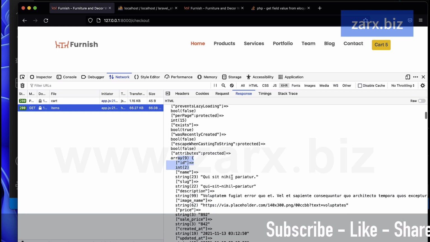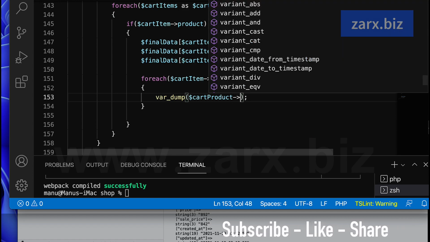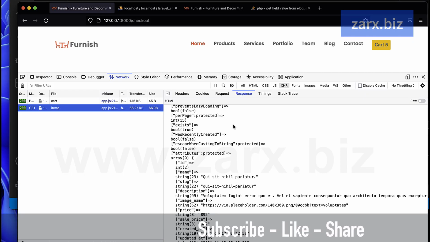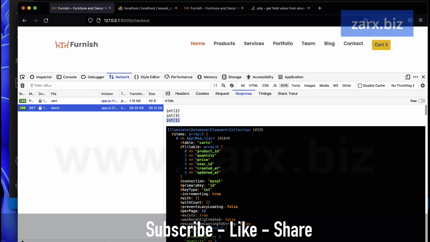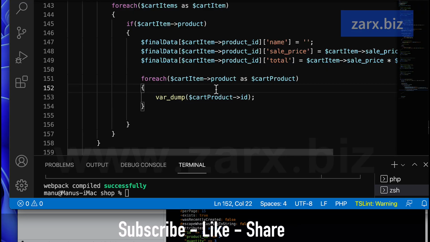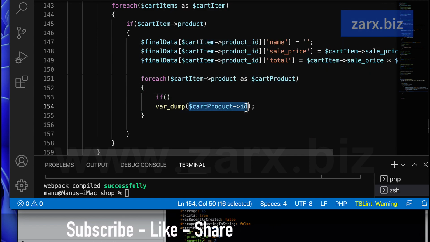Actually, we do have ID here. Okay, so we have ID. So what we can do, we can compare the ID and then we can get the name. So if I go here, you can see we have ID. So all we need to do here is we say if this product ID